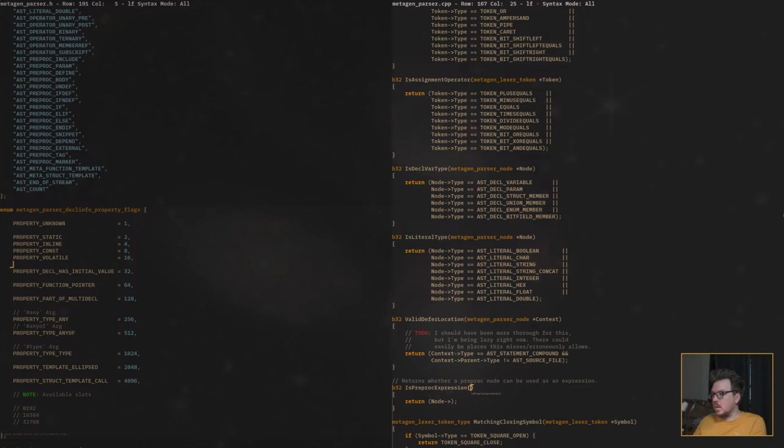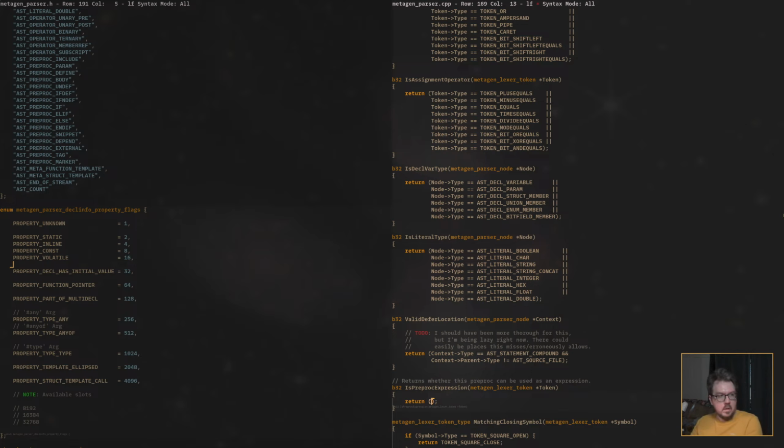We're dealing with the token. Whether a preproc expression, this is telling us whether this preproc can be used as an expression. So this is before we have a node. We're determining what kind of node to make right now.